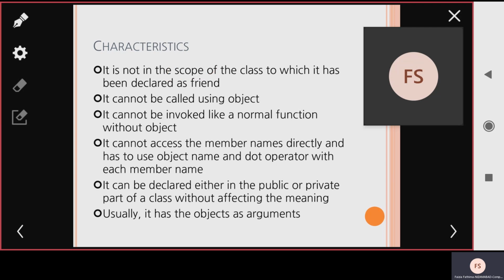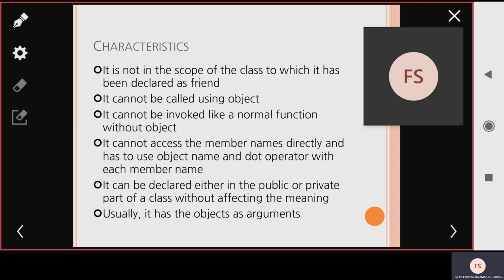Generally, whatever member function we declare in a class, its scope is within that class only. But in the case of a friend function, we are not considering that scope of the class. So it cannot be called using objects like normal member functions, and it cannot be invoked like a normal function without objects.